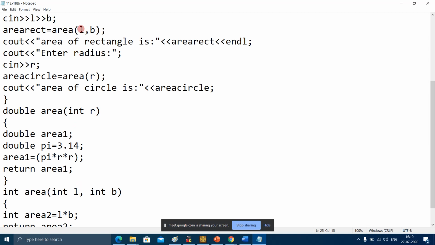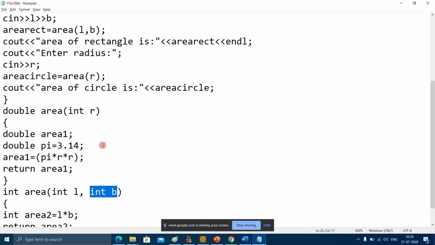The value of L will be passed to this function and the value of B will be passed to the second variable of this function. So this is determining which function? This function, not this, because the number of parameters is 2 and this also has 2 parameters.